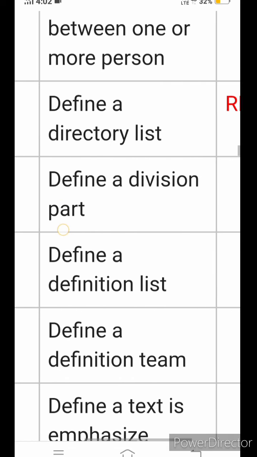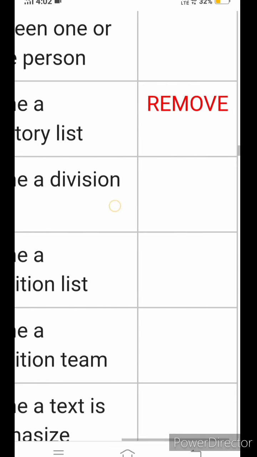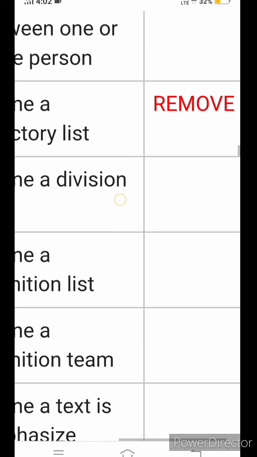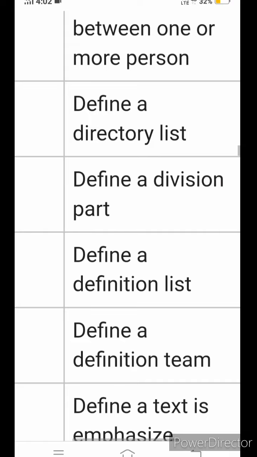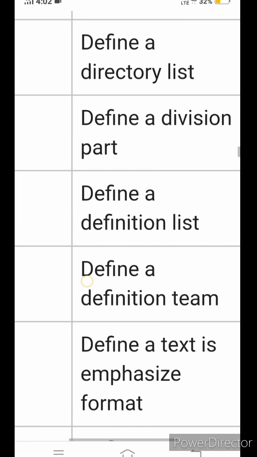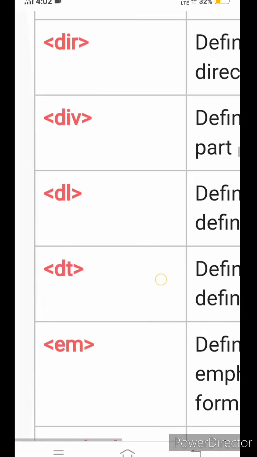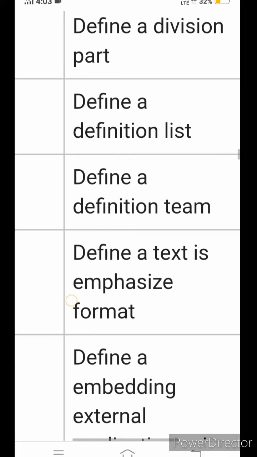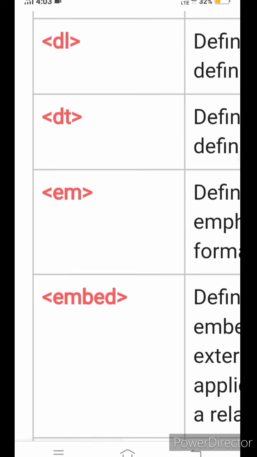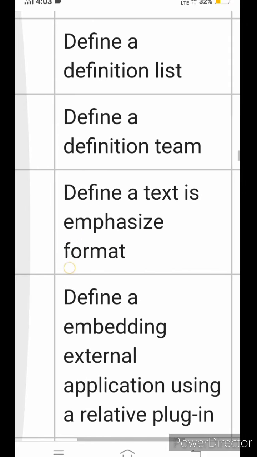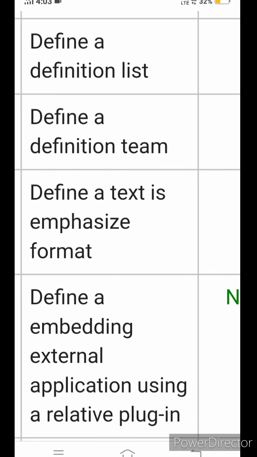Div defines a division part. If you want to divide one part into two parts in your HTML document, you will use this div tag. DL defines a definition list. This is in both. DT defines a definition. EM defines text in emphasized format. EM means if you want to emphasize any words, you will use it. This is a common tag in HTML.